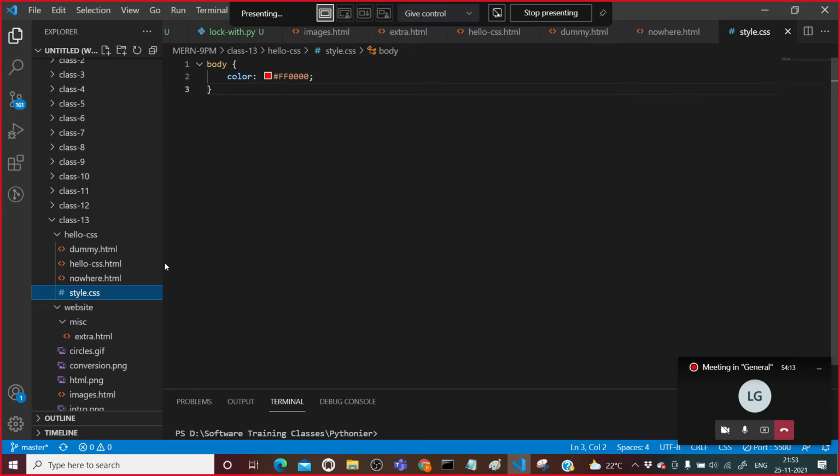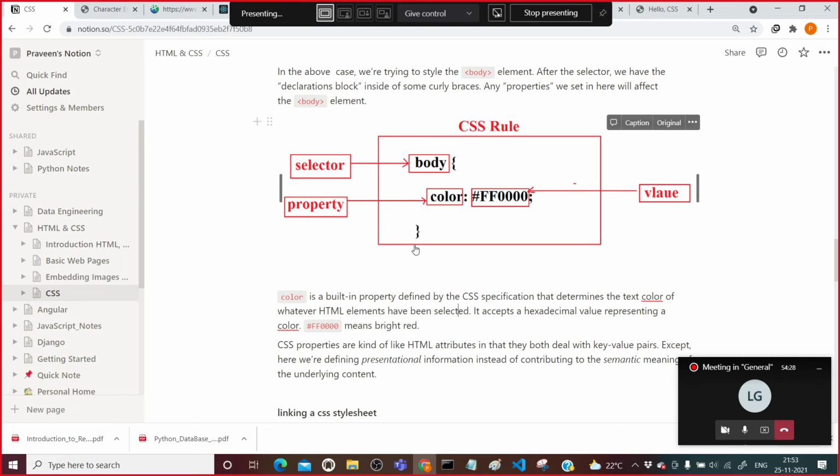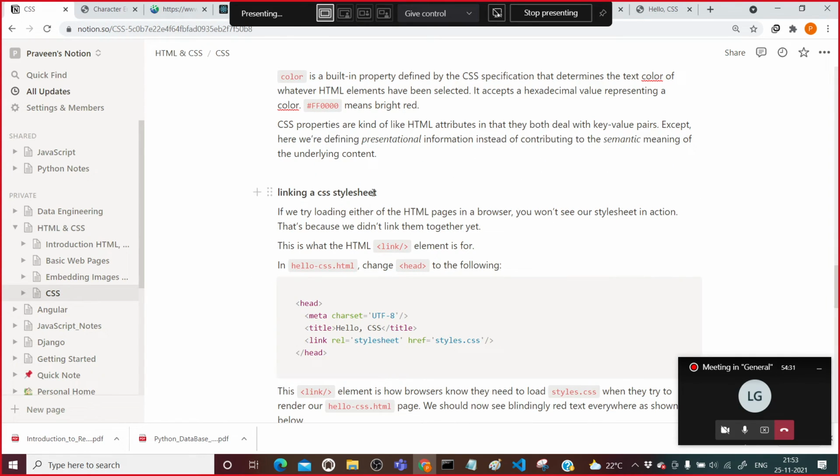Basically, I'm talking about how we are going to link our CSS file to HTML so that those CSS rules can be implemented in our HTML file. So to do that, we need to link this CSS file to the HTML. How to link a CSS style sheet? We can link a CSS style sheet to an HTML page by making use of the link element. It is an empty element. This link element says, whatever you want to link to a particular HTML, provide it to me. Here I want to link a style sheet.